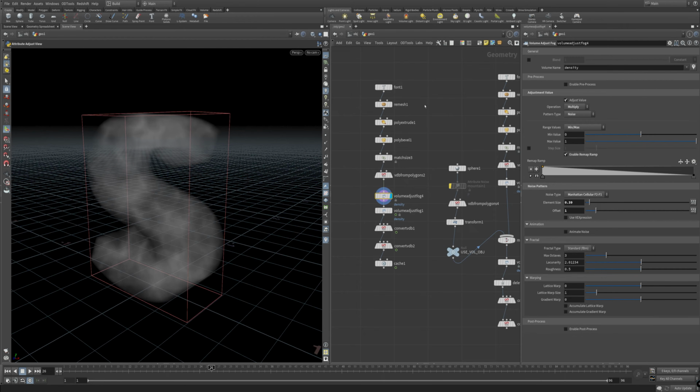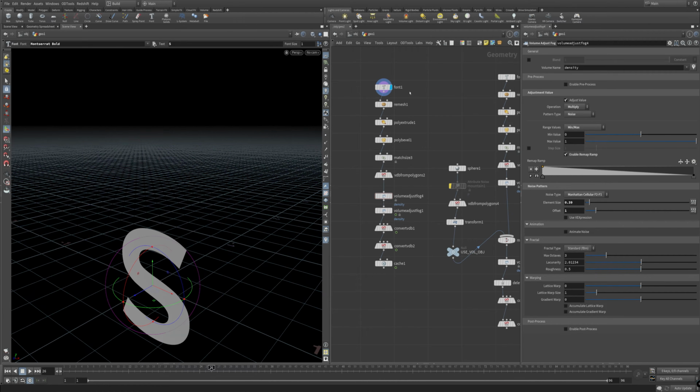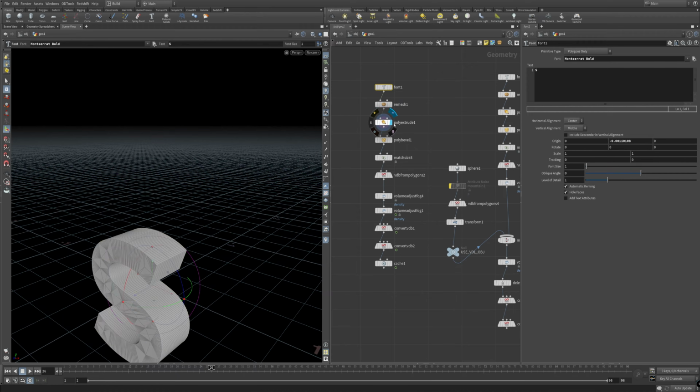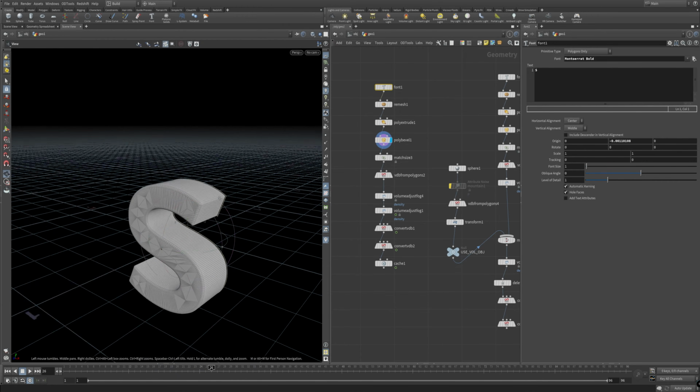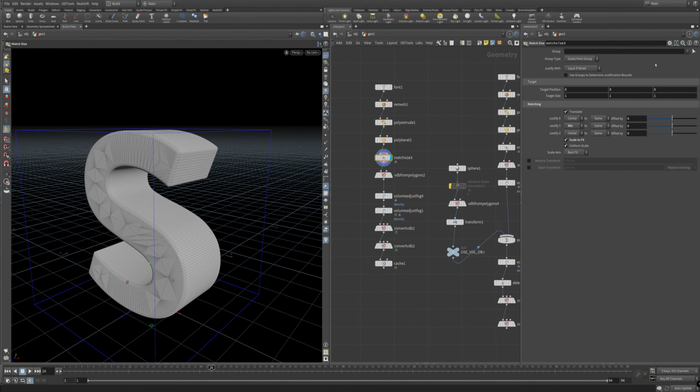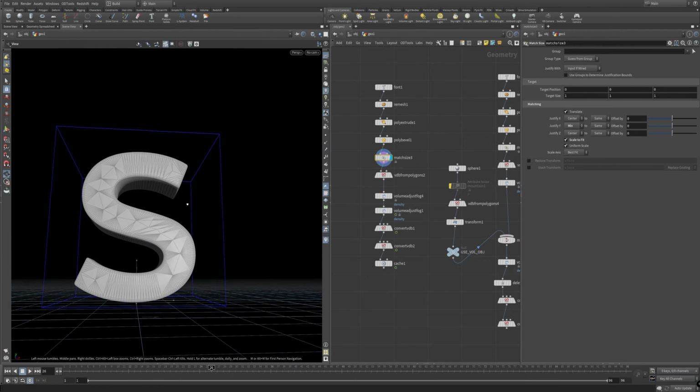All right, so where do I want to start? I guess there's nothing fancy going on up here. I'll break it down for anyone interested, but just a quick little font SOP with the letter S in it. You can use whatever you want, shape, whatever. Remeshing it to get some better topology as I go into extrude, and then I'm beveling it and doing a match size to move it up here and scale it up just a little bit to 1, like so.